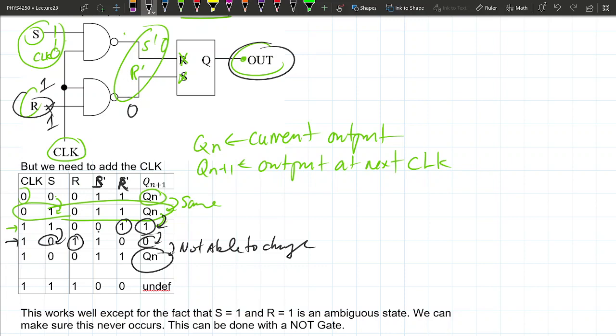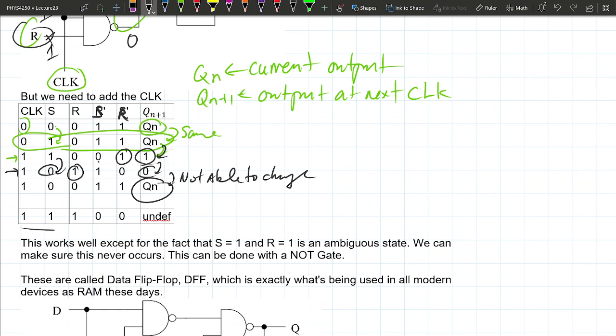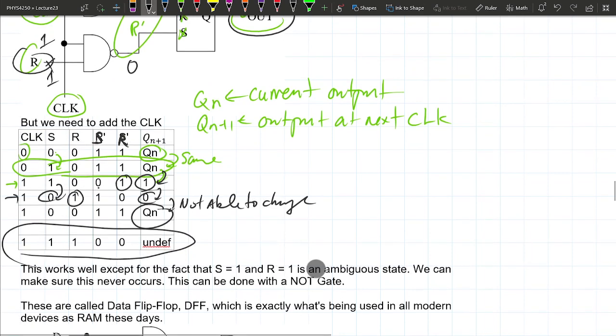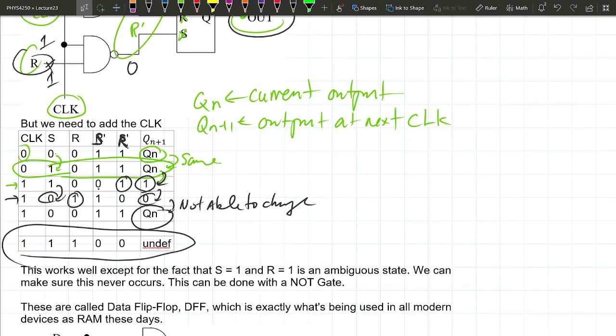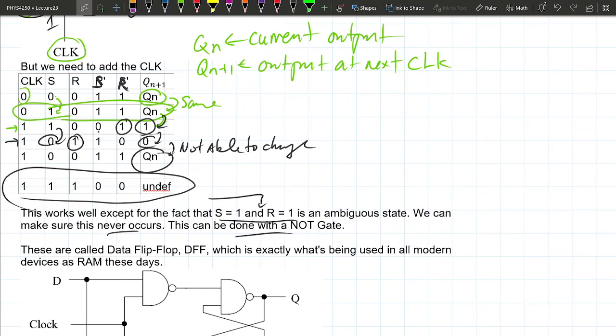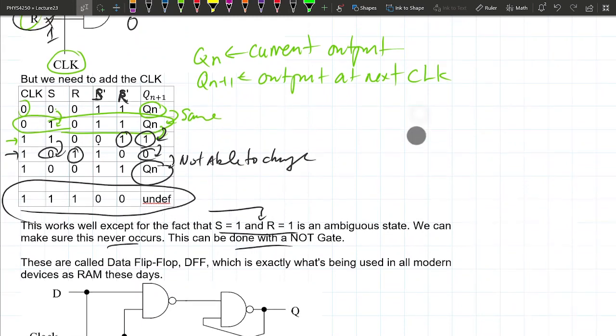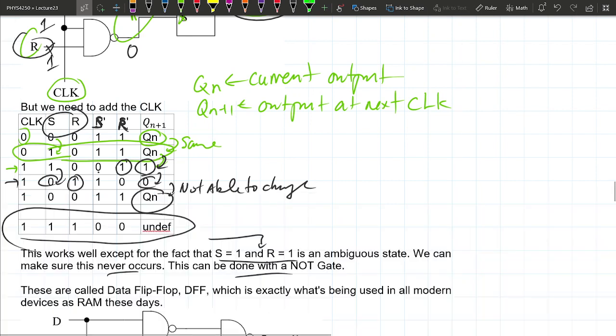There's also this ambiguous, undefined state, where if you make both inputs the same and both high, it's actually undefined, and I'll let you work through the logic of why it doesn't make sense for it to be like that. If that happens, it'll probably just crash your computer. Since R and S, the inputs, should always be opposite of each other anyway,